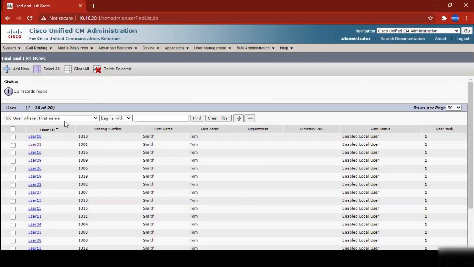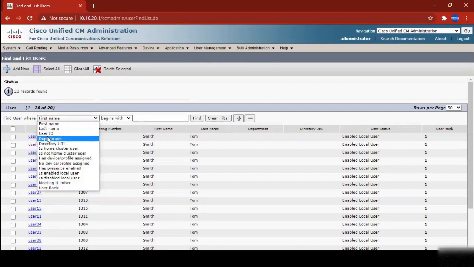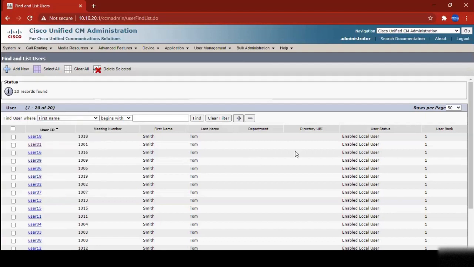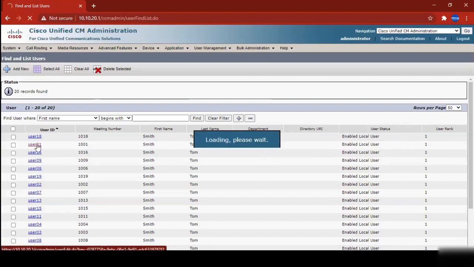So you can come down here and do a search with the first name, last name, user ID, and so on, and it'll be displayed here. So one thing you would notice is that these all users are local users and they're not being pulled from LDAP, otherwise it would be showing LDAP integrated users. For instance, I'm just gonna click on user 01, which has got